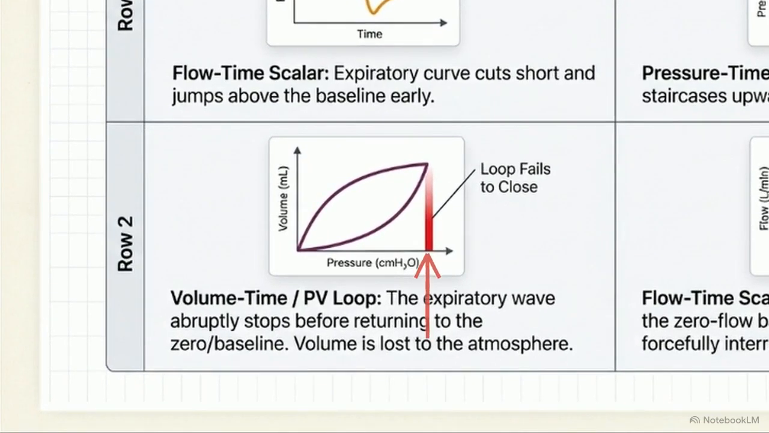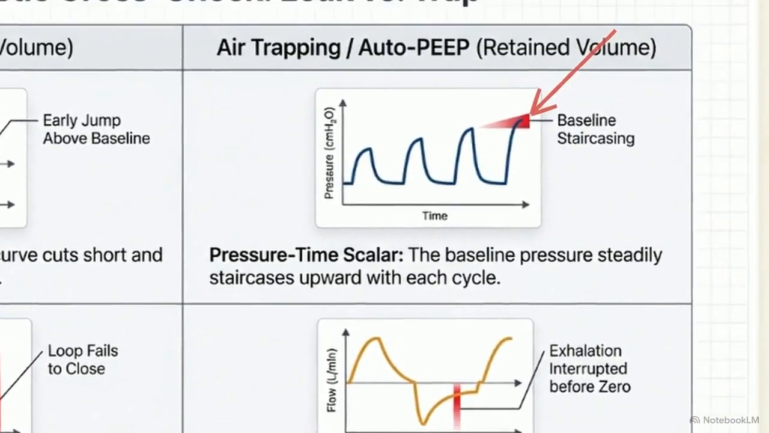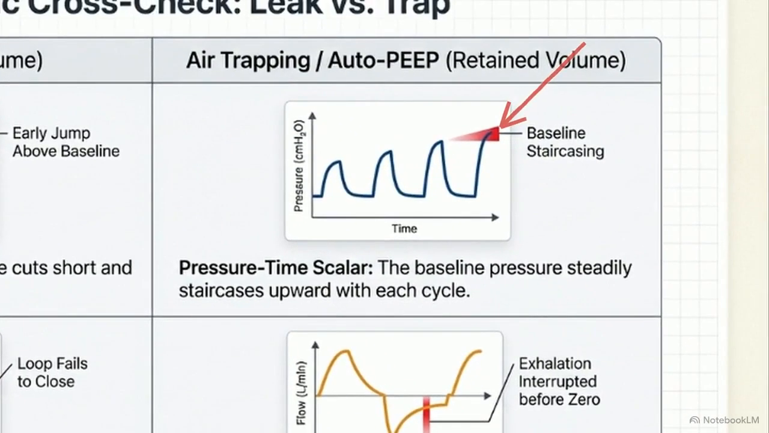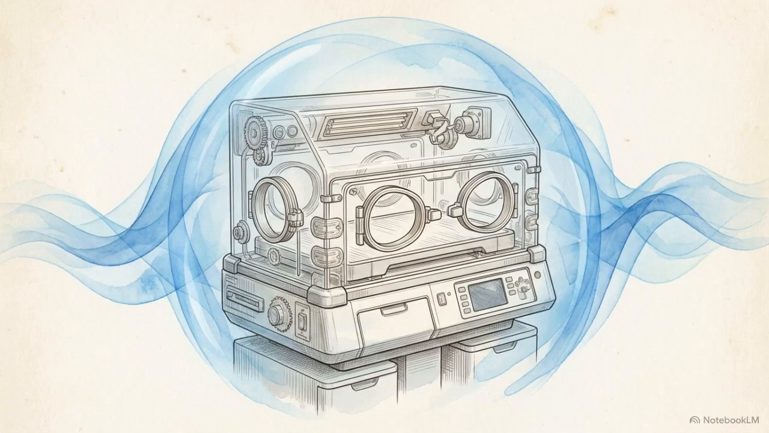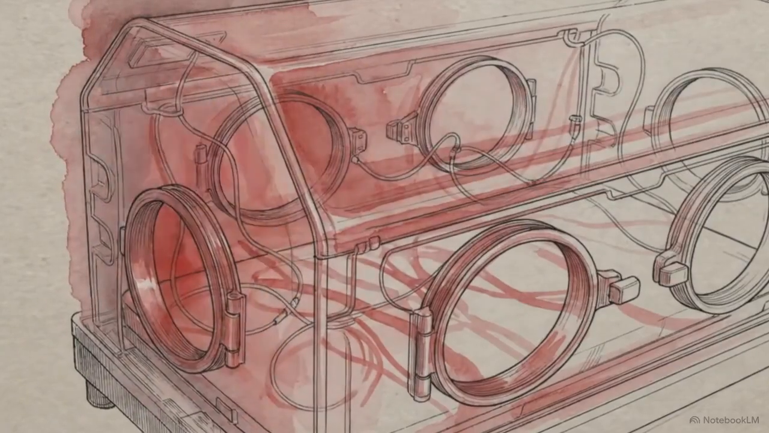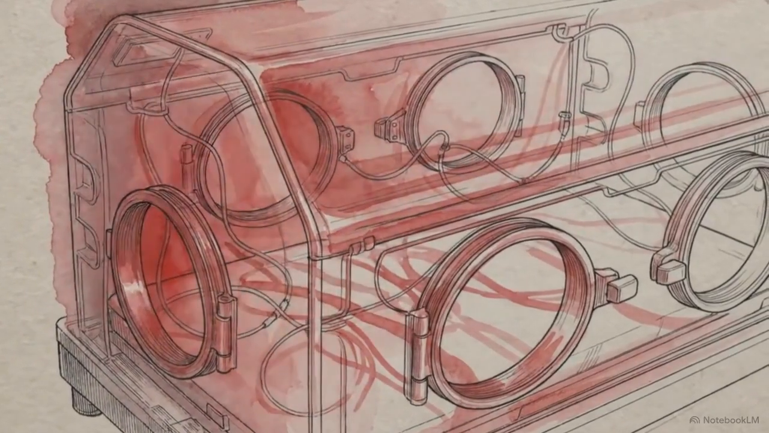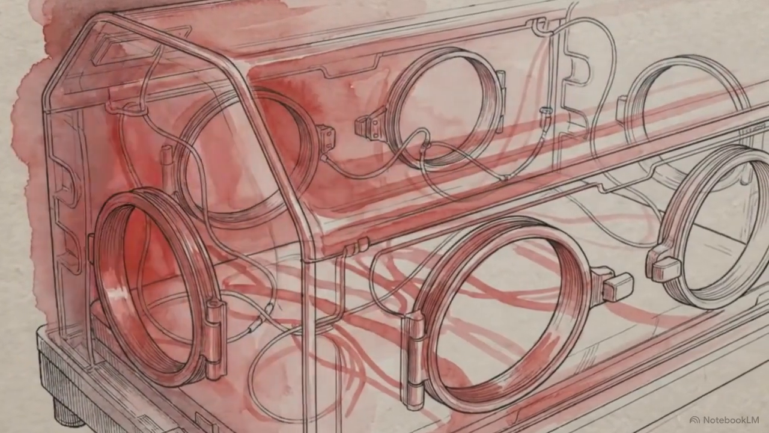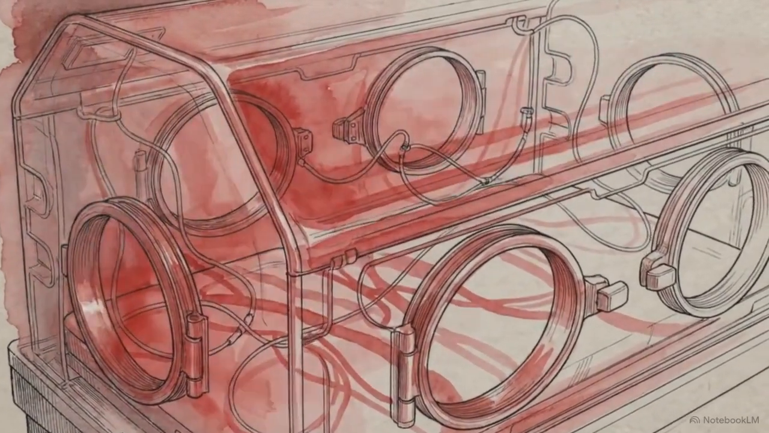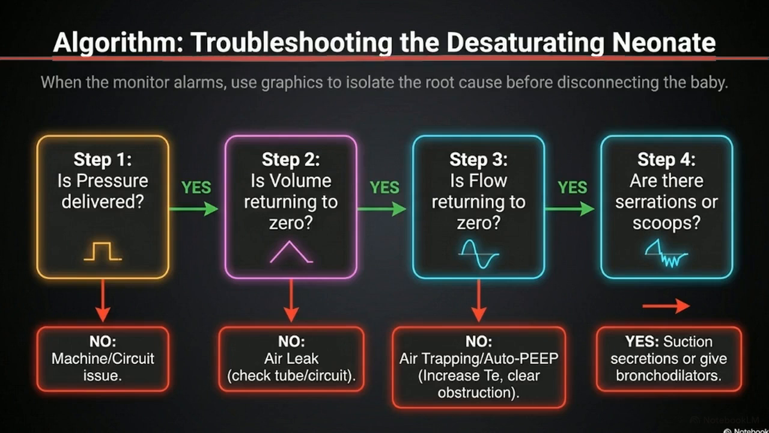signaling gas loss. Air trapping causes the pressure scalar to staircase upward, signaling dangerous gas retention. This cross-checking habit serves as a diagnostic firewall, preventing incorrect interventions that could worsen the baby's condition. When a monitor alarms and a baby's oxygen levels drop, the natural instinct is to immediately disconnect the circuit. This four-step algorithm provides a way to isolate the root cause, using the graphics on the screen before making physical